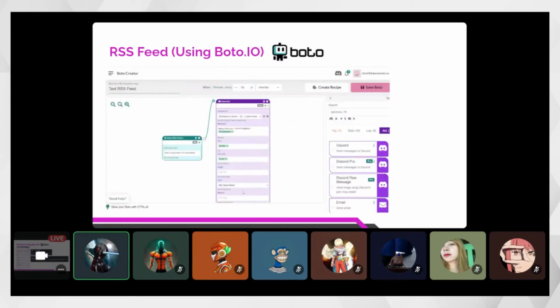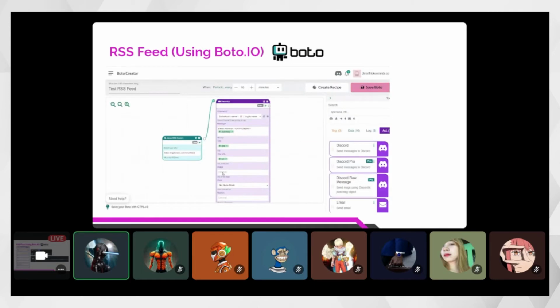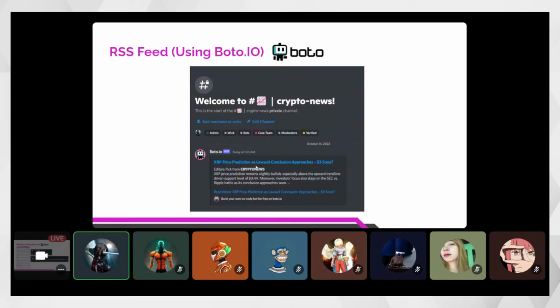So when it runs, for this example, I did not put any image, right? So when it runs, it will appear like this. So this is what you are seeing right now. So it captured the summary of the news or the RSS feed, and then the title, and then the link. So for some people it's plain or dull if there's no graphics. Okay, so you can always design it in a way that you can put some images as well, and you can always change the color. Okay, so those are the options that you can do with regards to this RSS feed.